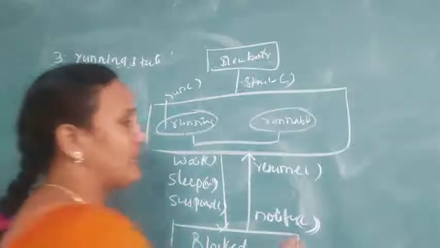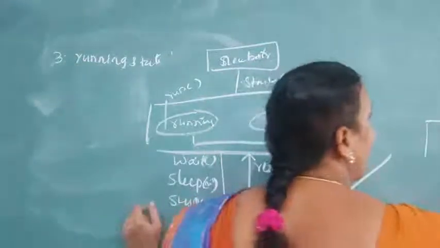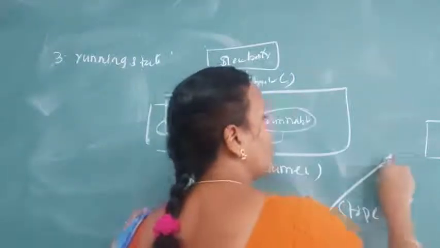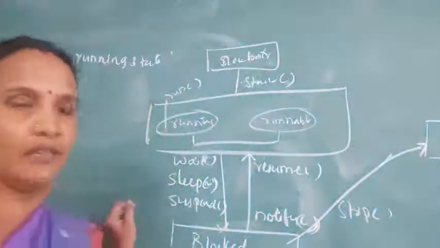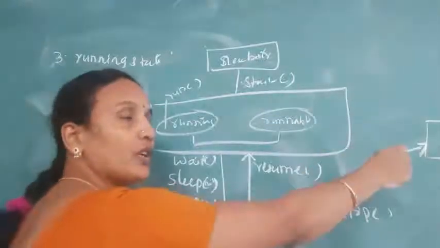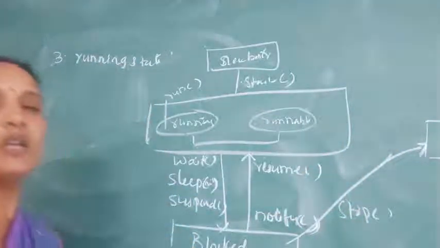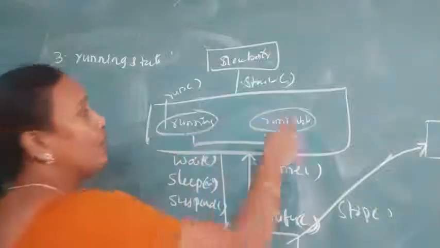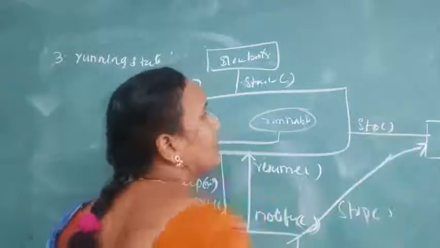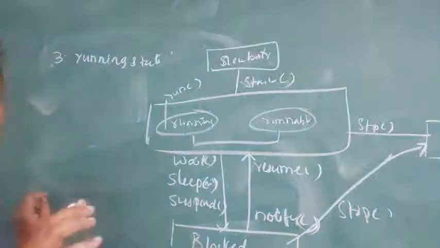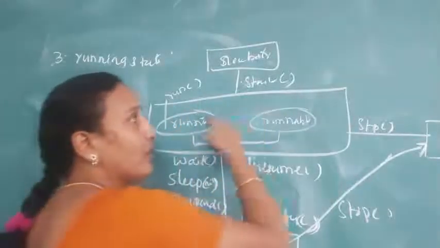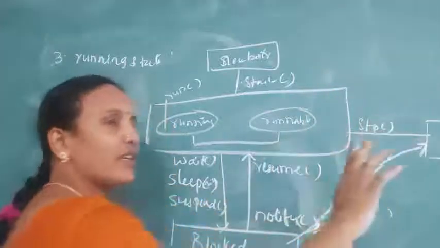Again, for example, from the blocked state, you can directly call the stop method. For example, you do not want to make the thread active again. So whatever thread is in the blocked state, we move it into the dead state by using the stop method. And from running and runnable also you can call the stop method. For example, after the program execution has successfully completed, you can call the stop method to terminate the thread.